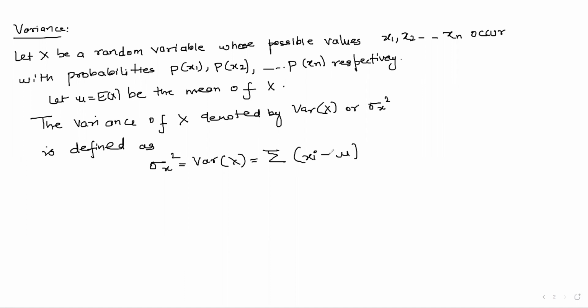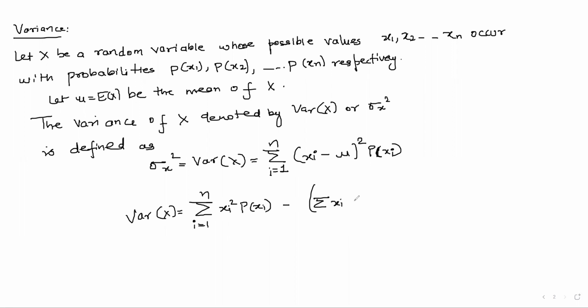Okay. So you have to find the random variable. You need to subtract the mean from it. You will need to square this and you have to multiply that with the probability. Okay. So we will write P(xi), and i is equal to 1 to n. Okay. And there's one more formula for this. Variance of X is equal to summation xi square P(xi), i is equal to 1 to n, minus summation xi P(xi), i is equal to 1 to n, whole